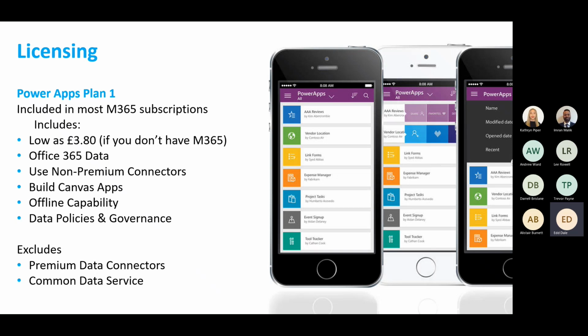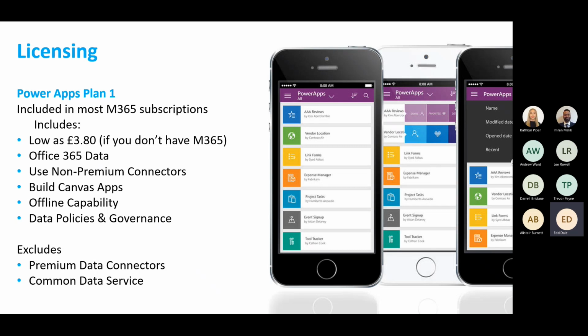So if you've got things such as Business Basic, Business Standard, Business Premium, E3 or E5, that includes the Power Apps Plan 1. Now, if you don't have one of those M365 subscriptions, you can buy Power Apps Plan 1, and it's around £3.80 per user per month. Now, the thing is, with Plan 1, it utilizes Office 365 data. So you can use basically the data within M365.